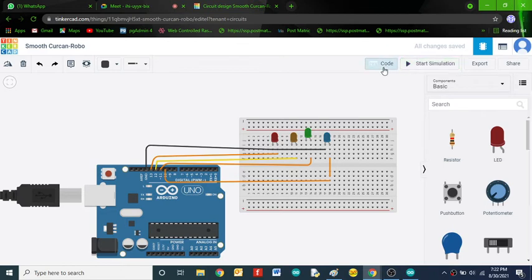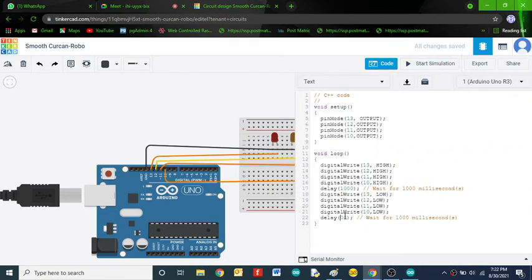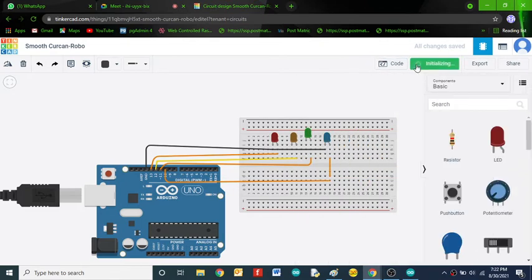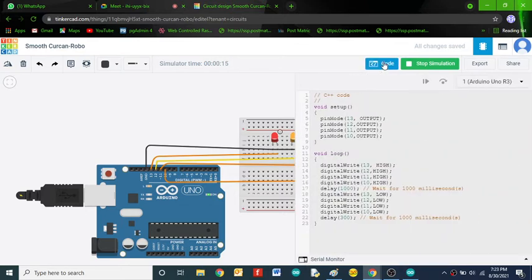Here I'll use 300. Okay, all are blinking in the parallel fashion. Just remember this code. This is very important in the upcoming classes.